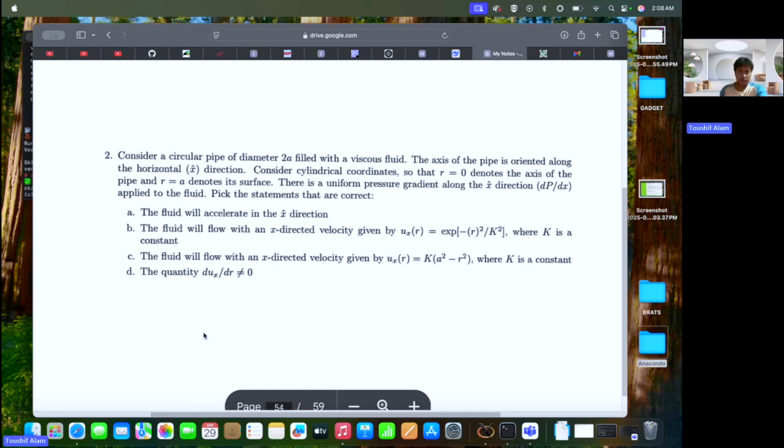So as you understand correctly this question, the pipe is circular and the diameter is given to us. Radius is a. The axis of the pipe,